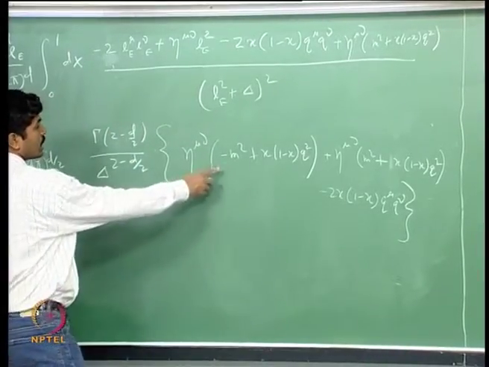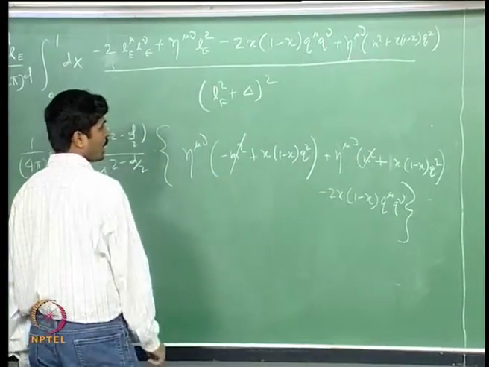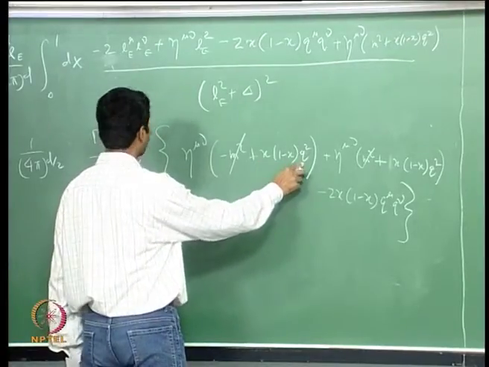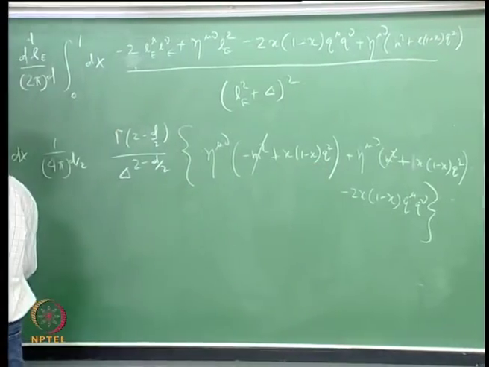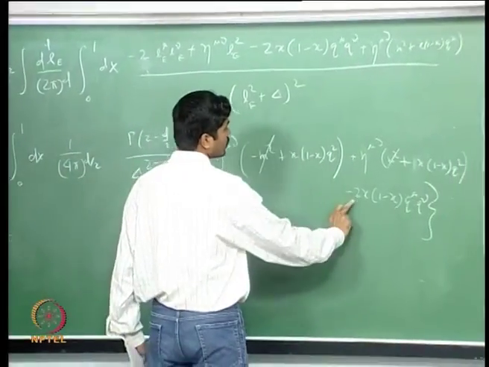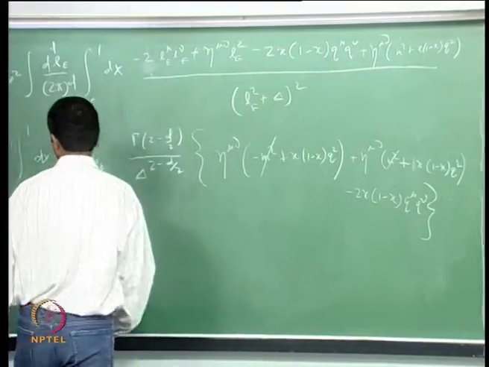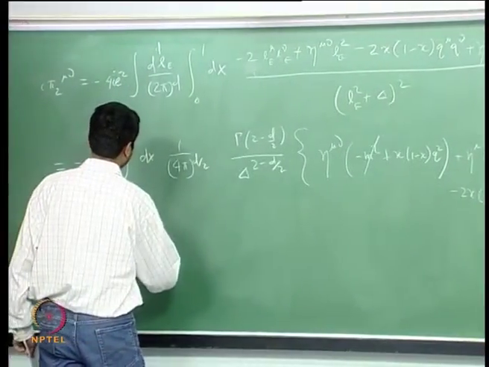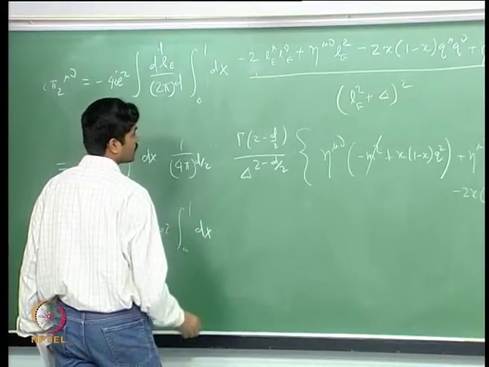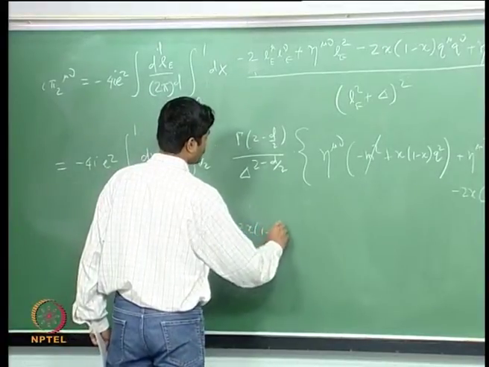But now you can see that this m square here cancels with this m square, and this becomes 2x(1 minus x) q square. So, at the end of the day, there is a common factor of 2x times 1 minus x. So, minus 4 i e square, integral 0 to 1 dx, 2x into 1 minus x,